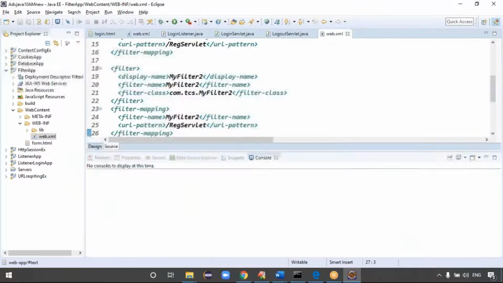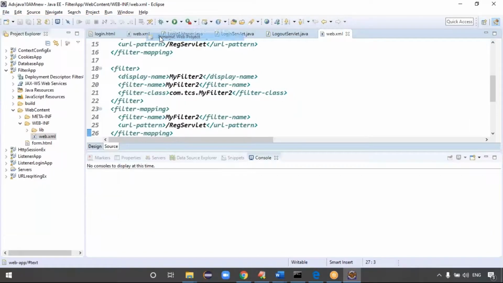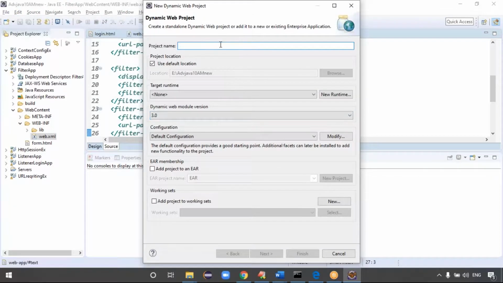That's what, guys, when you create the project here, go to the File menu, click on New, Dynamic Web Project. In the project I select like this, the annotations app, because if you select 3.0 and click on the Finish button directly, that application does not support an XML file. But if you need both XML file and annotations, right? Guys, we need both XML file and annotations.